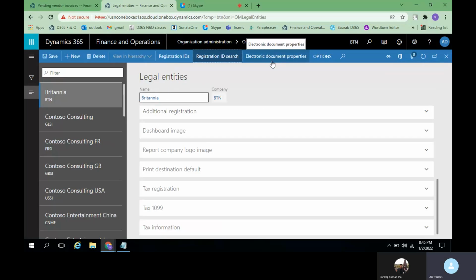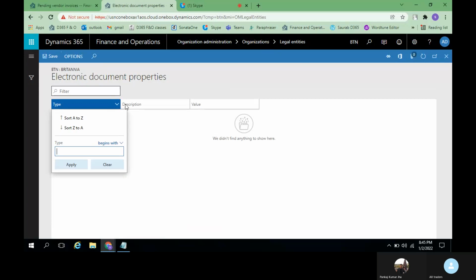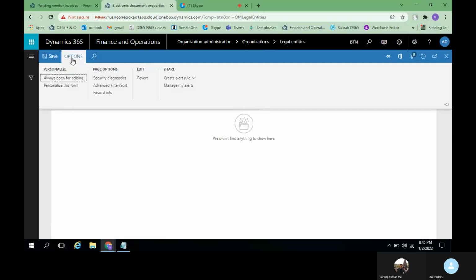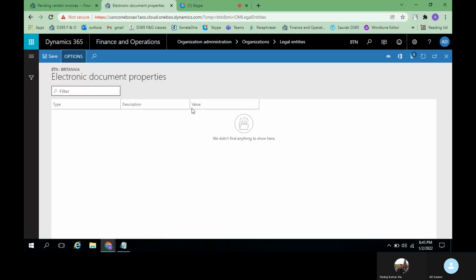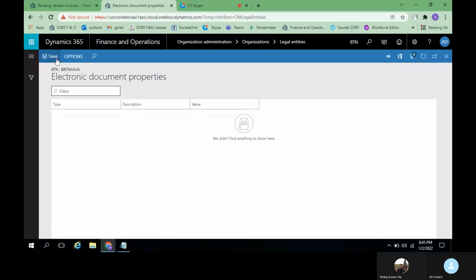Then we'll see what this electronic document properties is. I think even these details are not enabled. Maybe we have to create these electronic document properties, I guess.